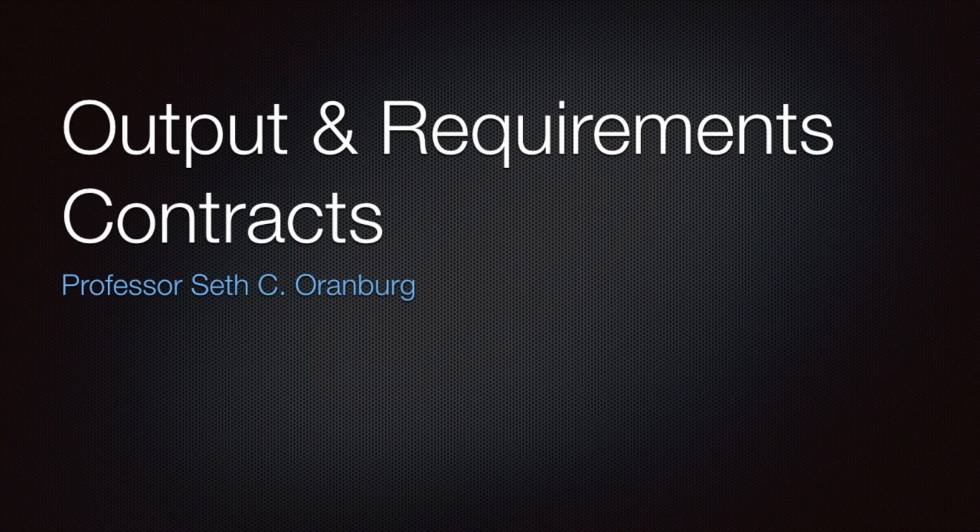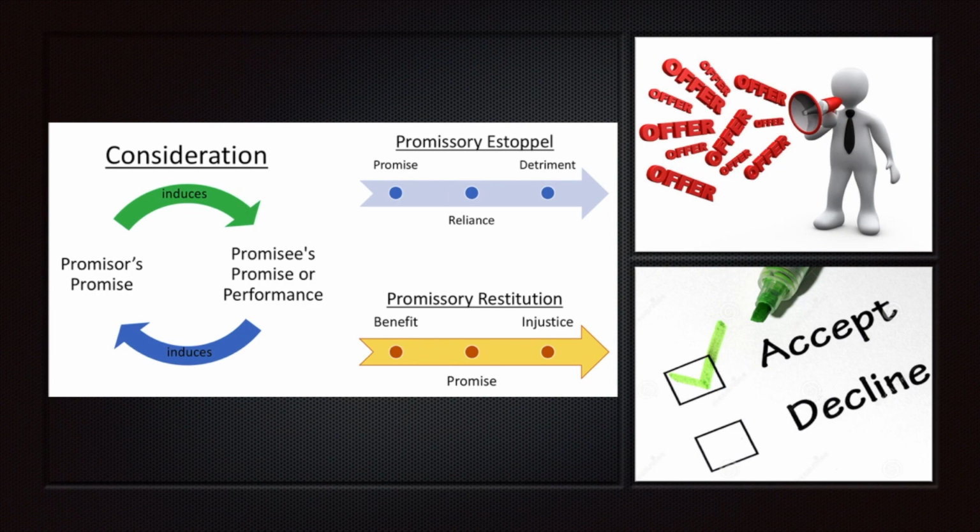Output and requirement contracts are special types of contracts that often come up regarding the sale of goods where a quantity term is not specified. Every contract, including requirements and output contracts, must have mutual assent plus consideration or an alternative thereto. Mutual assent consists of an offer plus acceptance, and consideration means that the bargain was induced by what the promisor was receiving and what the promisee was receiving. We also have learned there are some exceptions, equitable exceptions in promissory estoppel or promissory restitution when consideration is not